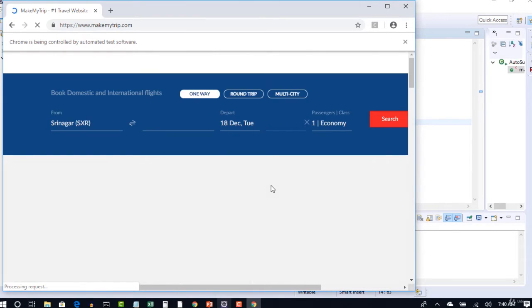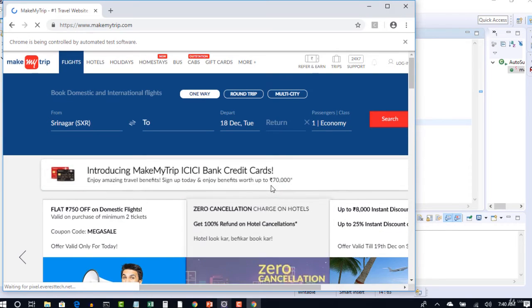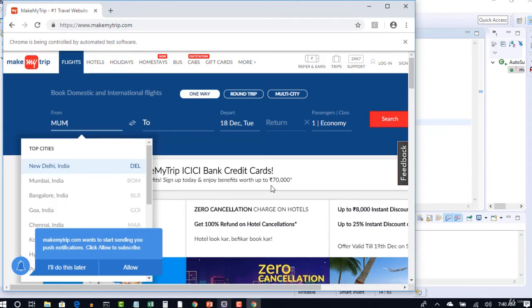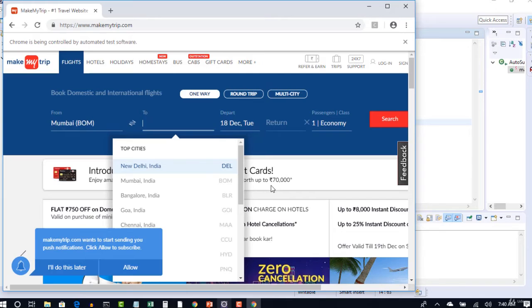Okay, it's Srinagar is selected by default now. I'm not sure why, but hopefully it will wipe out everything. You see that? It's waiting for 2 seconds and hit an Mumbai in the from drop down. Have you observed that? Earlier, when the website is launched, Srinagar is selected by default. Okay, we don't know what is the logic behind showing that option, but we wiped out using clear method, and then we entered MUM. The auto suggest box is displayed, and then we hit an enter so that first option is selected. Okay, so that's how we can do that.